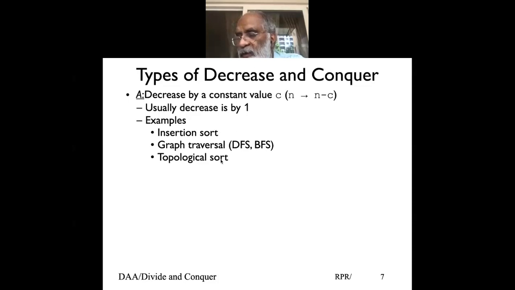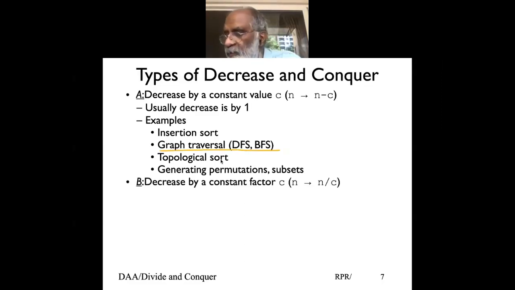Topological sort, once we discuss, we'll again see we decrease by 1 graph problem. So typically any graph traversal, we decrease by 1. Other is to decrease by a constant factor, and that means taking some 1% off, 2% off, or even half. Like when you do binary search,